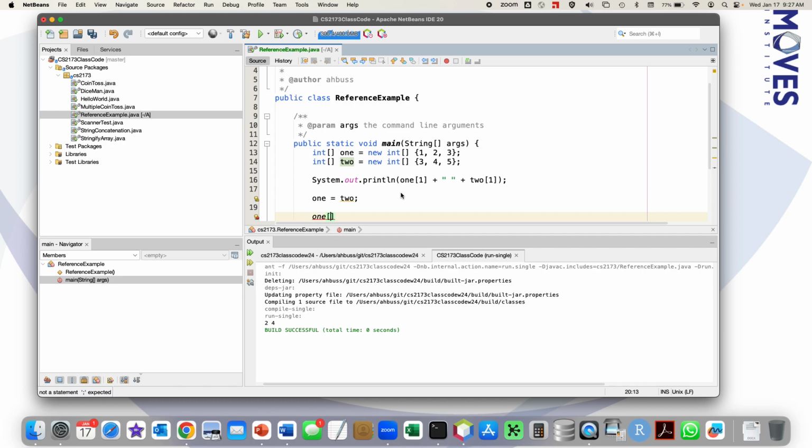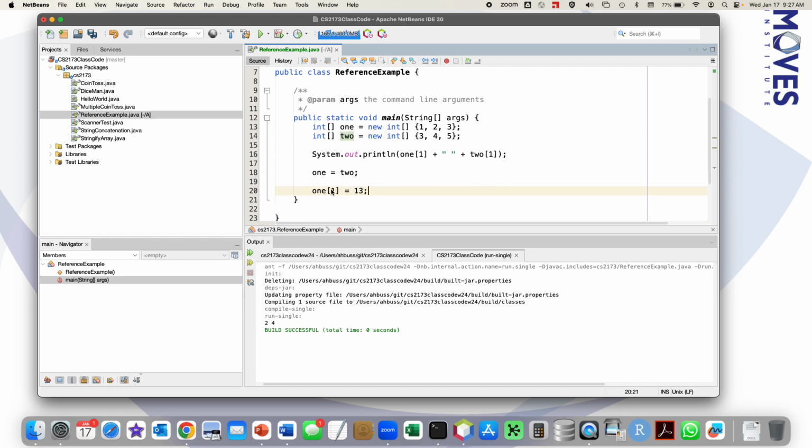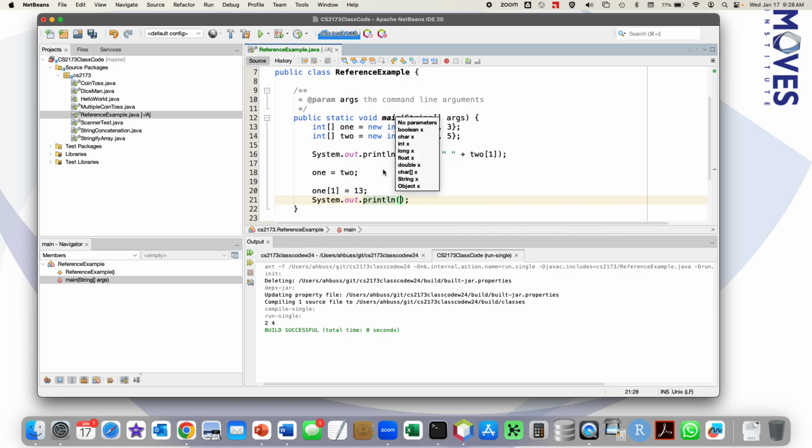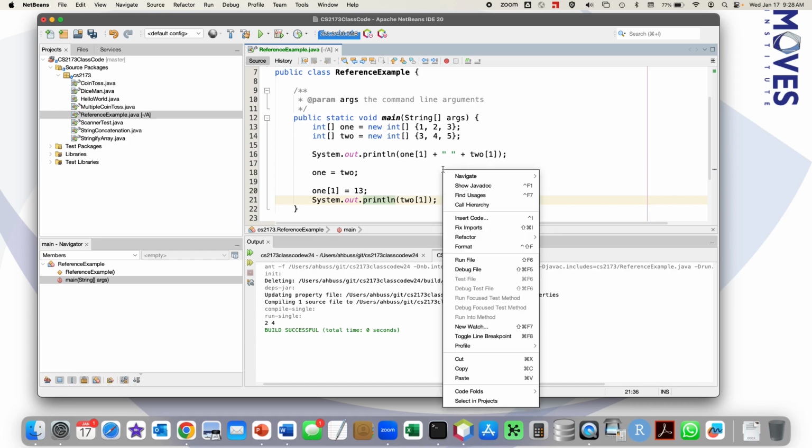And now let's say I've kind of forgotten that, and I take my first array, and I'm going to set the element with index 1 to the value 13. So what's going to happen to this object? It's going to be 13.